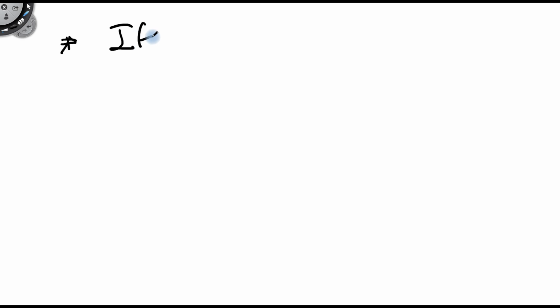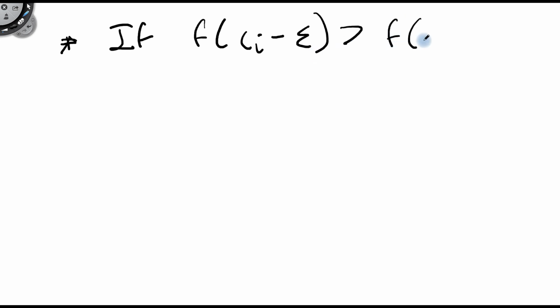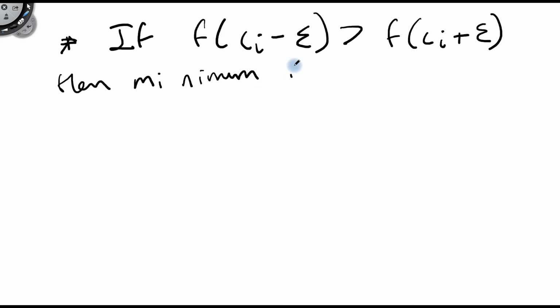If it's the other way around, if f of CI minus epsilon is greater than f of CI plus epsilon, then the minimum is to the right,